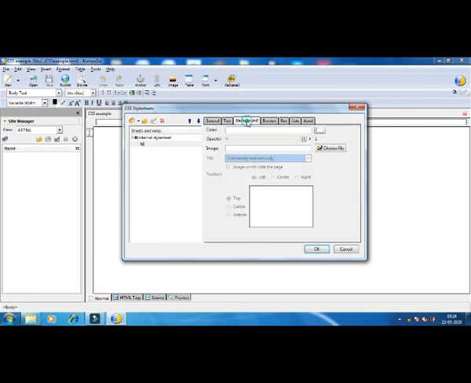Then background. There are two types of background. One is color and one is any image you can put. So we are taking a color for the text background. We have selected one color, click on OK.